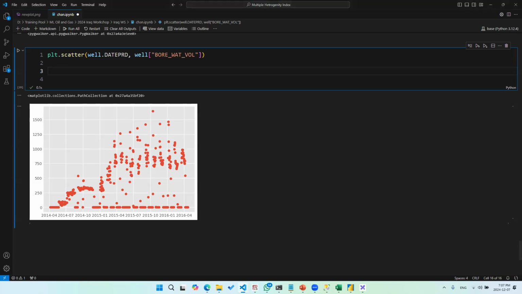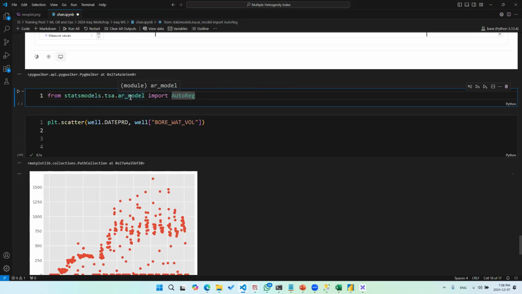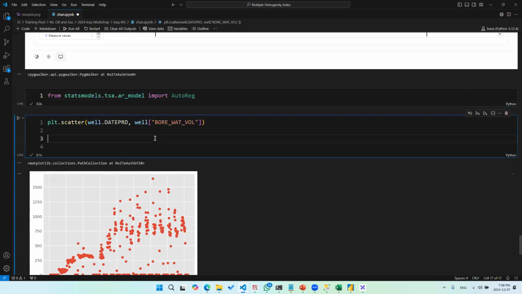Let me just copy some of the code because I don't want to waste your time just typing code. Okay, so let's do this. And now let me show you how we can prepare the data for the time series analysis.